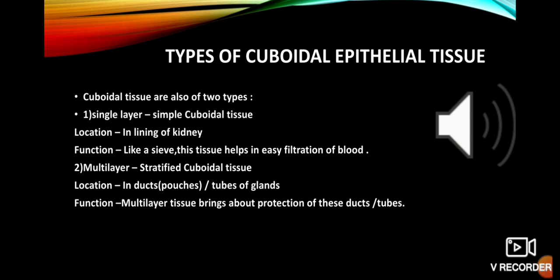release certain chemicals, which bring about the growth of the body, growth of the hair, production of eye liquid, many functions, production of saliva. There are different types of pouches, and all different pouches have different function. They are located in different parts of the body. So what this stratified cuboidal epithelium does, it lines those pouches and it protects them. As it is multi-layer, meaning very thick, and anything thick will protect, it aids in the protection of those ducts or pouches.